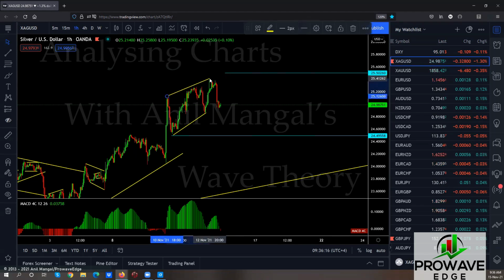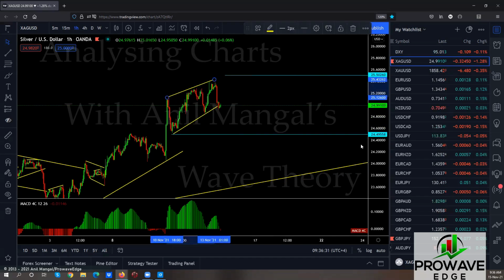What I think is happening is we're making a bigger running flat. That's my belief. It could also be that we're reversing. This is the end of this, and this is trying to go down totally. Right? Both of those options are the same. The pattern structurally would look exactly the same way.